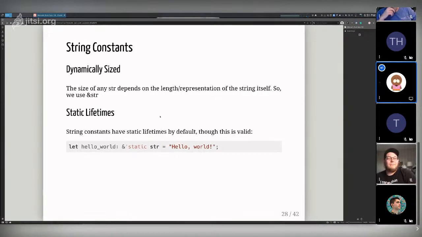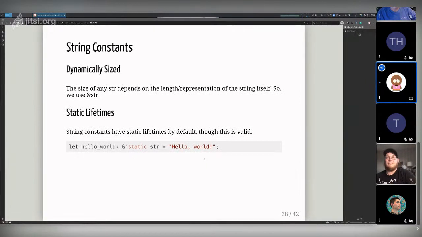Cool. I kind of purposely left out characters, right? Because they're kind of confusing. Because again, in UTF-8, characters aren't the same length, or they're not fixed width, I should say, right?